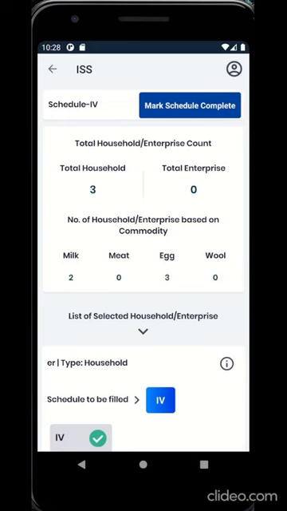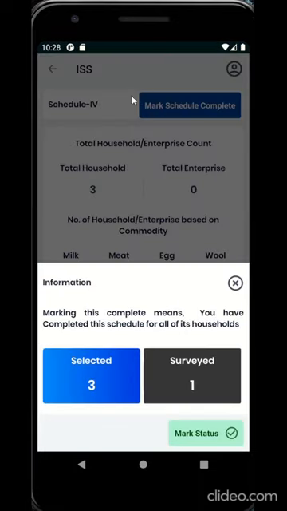After all the households available for this schedule are canvassed, click on Mark Schedule Complete. An informational pop-up will display the number of selected surveyed households and will ask for a confirmation for marking it as complete.